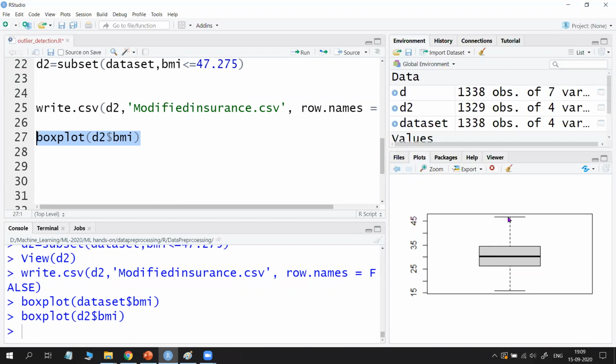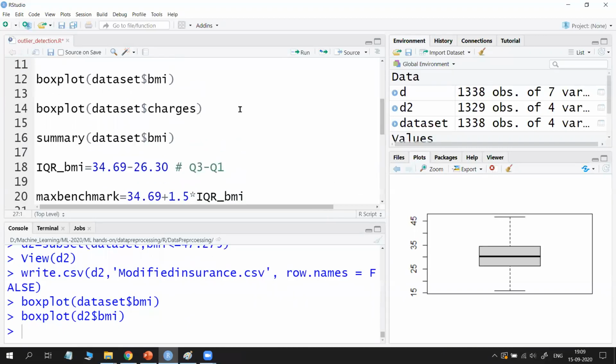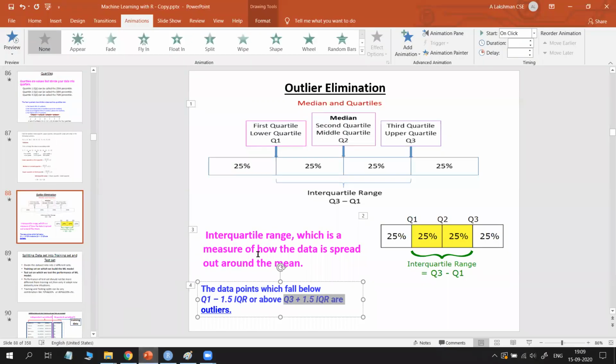In this way, you can apply this method to each and every column in our data set. Initially, we will see the whole data set with the box plot, and later you identify. Actually, there is no end to outlier detection. But if you get less accuracy or less performance, you will try to find a way to remove these outliers. This is the way to find and remove the outliers in RStudio. So I think now you got an idea how to find and remove the outliers.